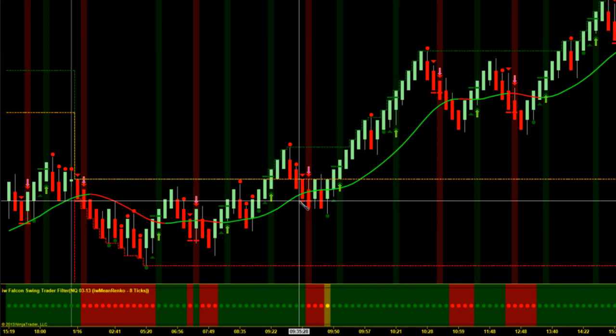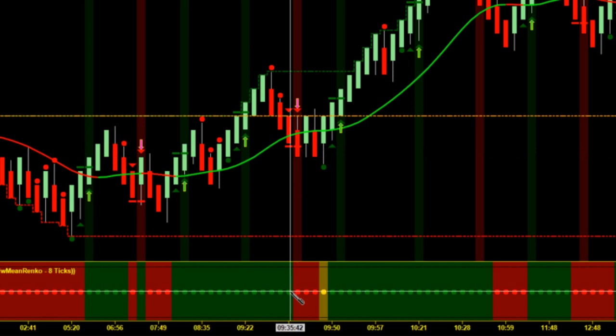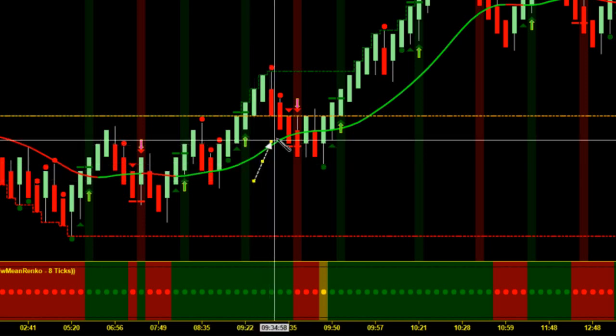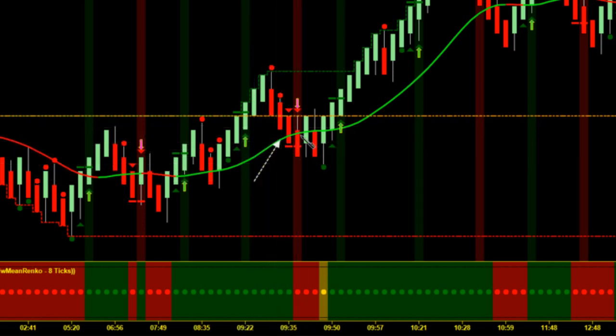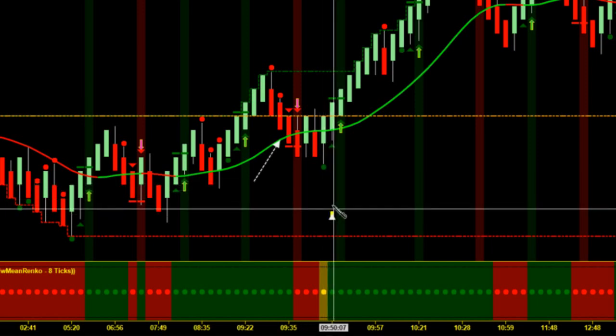The swing trader, our Falcon swing trader, if we look at this first signal to get short, there's a couple things wrong with it. Number one, we've got a green filter, and so we don't like to get short on green filters, and we have a green swing line. That's really important. So we're going to ignore that short signal, and then we get a get ready to get